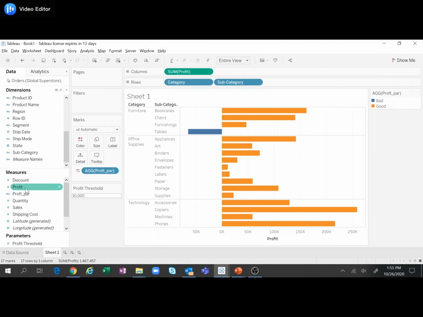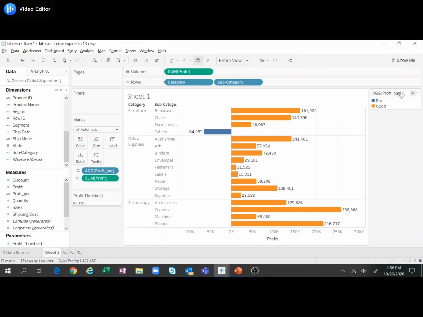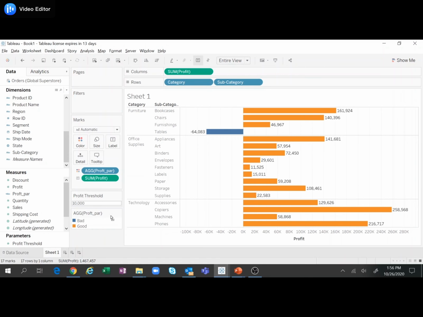Just to make it easier, I'll transfer profit to labels as well, and move this again so that we get the entire view of our chart. Now as we can see, only tables is the subcategory which has profit less than 10,000. Hence only this is colored blue, which indicates bad, and all others are colored orange, which indicates good. Now if I change this to, let us say, 50,000, let us see what happens.